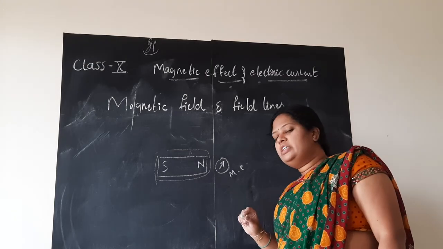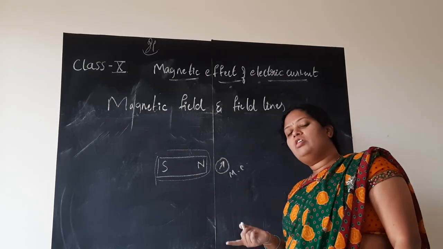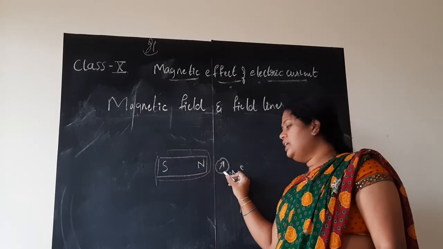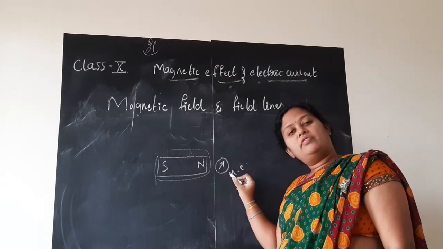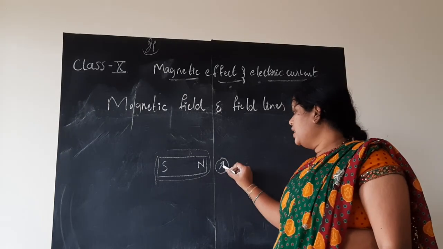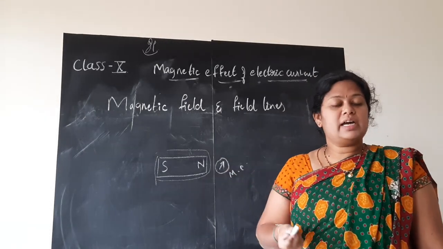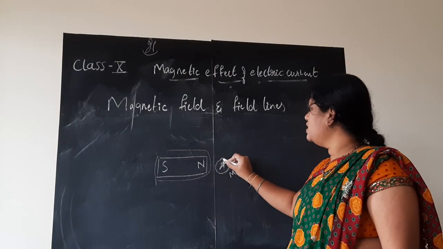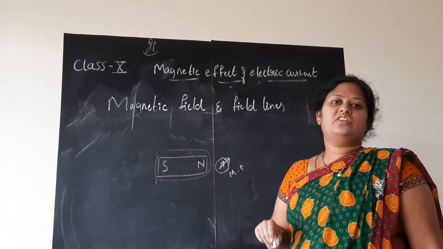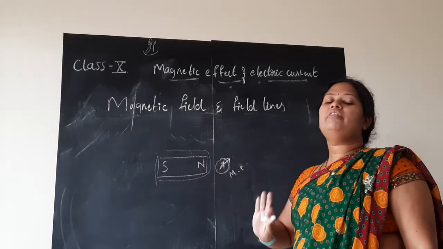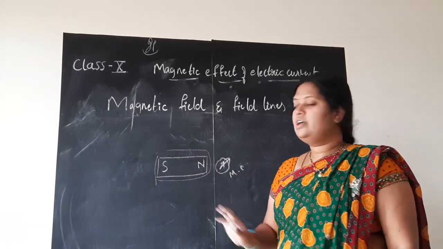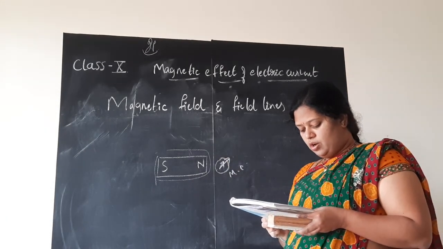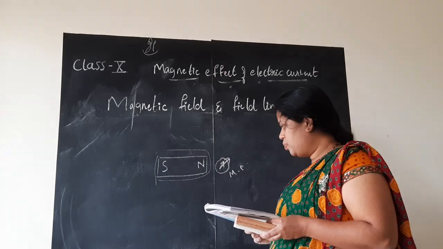What does it mean? We studied under properties that like poles, north and north, will repel each other. So I am placing the magnetic compass near the north pole of the bar magnet. The magnetic compass is also showing us the magnetic north direction. So north and north will repel, it will go in this direction, children. So the arrow mark should be away from the bar magnet. The south pole of the needle points towards the north pole of the magnet.